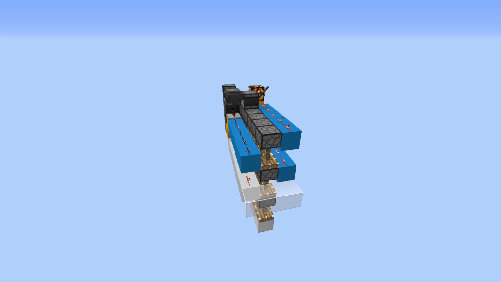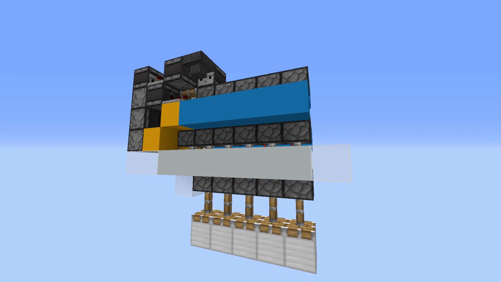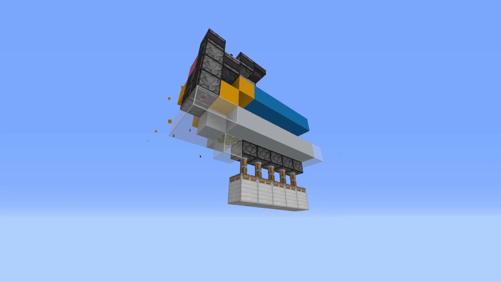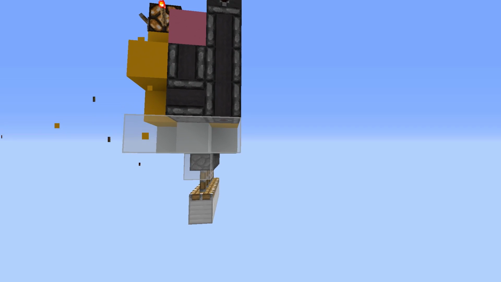In this video I'm going to show you how to build a downwards facing triple piston extender that is also expandable. If you want a version of this that faces sideways, you can check out my video on that in the top right hand corner. It is quite a simple design that uses 4 lines of redstone to power the 3